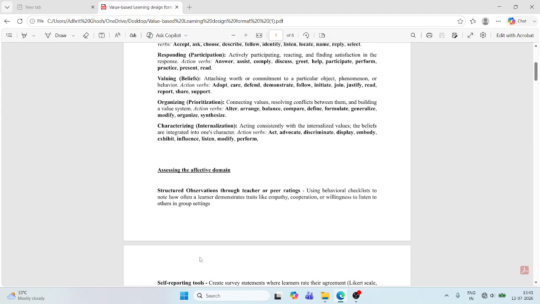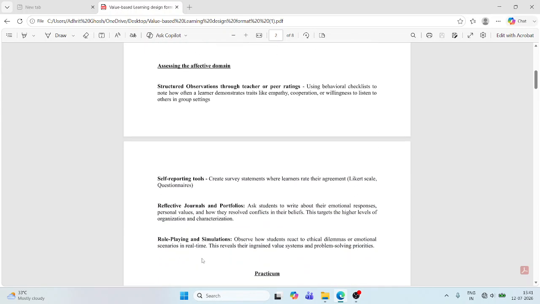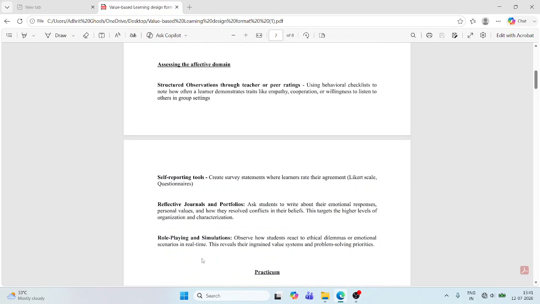Now, how do we assess the affective domain? Cognitive domain is assessed through the worksheets and the tests that we take; we can formulate an examination and we can assess them very easily. But affective domain is not very easy to assess. Basically, if you have to assess how far the individual is influenced in terms of emotions,